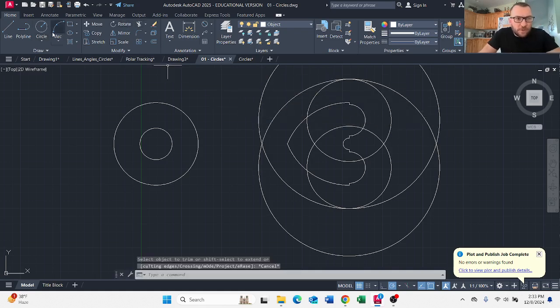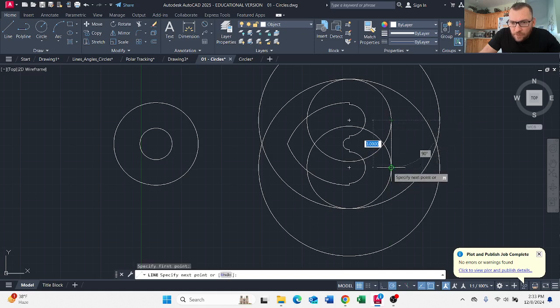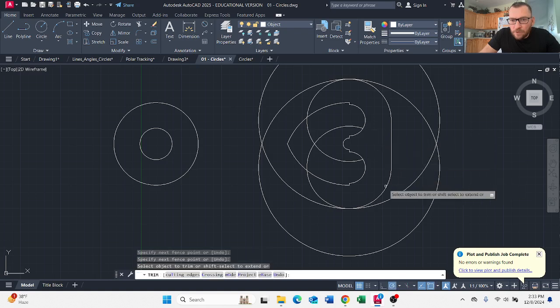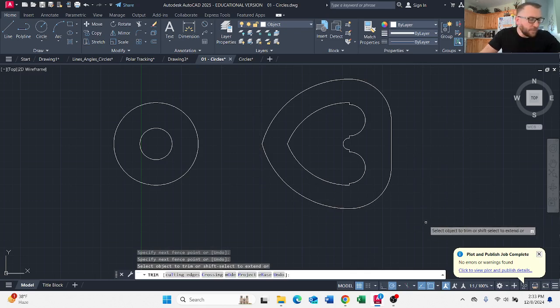So now we can trim. Now before we trim, let's draw a line that's tangent. It's probably quadrant to quadrant, but there we go. Now we can trim anything we don't need. So we don't need all that. We don't need that. Don't need these. Those. And we're going to be trimming that off again. But before we do that,